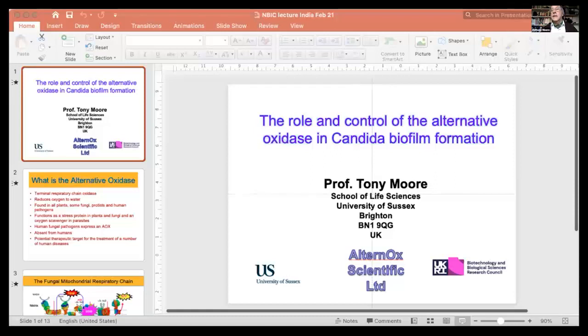So what is the alternative oxidase? Well, it's a terminal respiratory chain oxidase. Essentially, it's found in mitochondria. It plays a key role in reducing oxygen to water. When I first started working on it, it was initially just associated with plants. But now we know it's present in a majority of fungi, protists, and indeed some human pathogens. Essentially, this protein acts as a stress protein, and in parasites, it scavenges oxygen. Now, we know that a number of human fungal pathogens also express